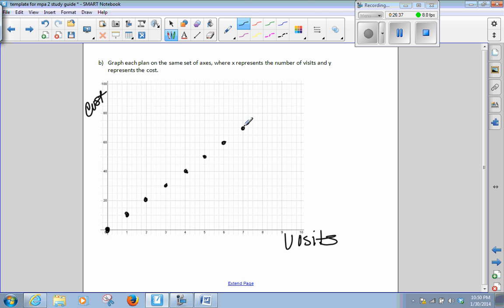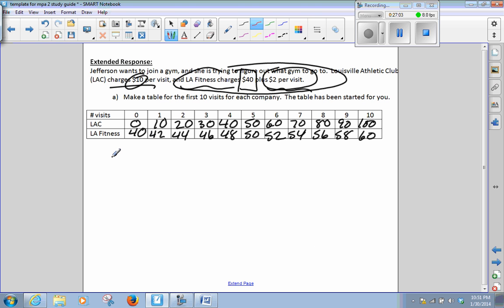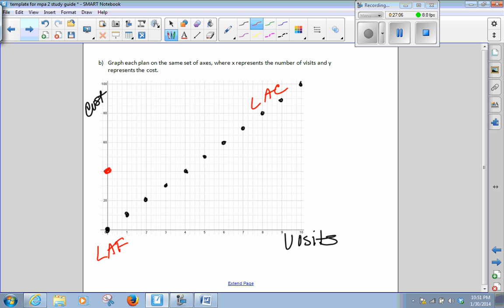It should make a straight line, because you do have a constant rate of change: every single visit, it changes by $10. So it should be linear. So this is the LAC. Now I'm going to do the LA Fitness place. Okay, so 0 visits actually cost you $40. Because remember, they charge you $40 whether you show up or not. After that, it's only $2 more. So 1 visit would be $2 more. 2 visits would be another couple dollars. 3 visits,